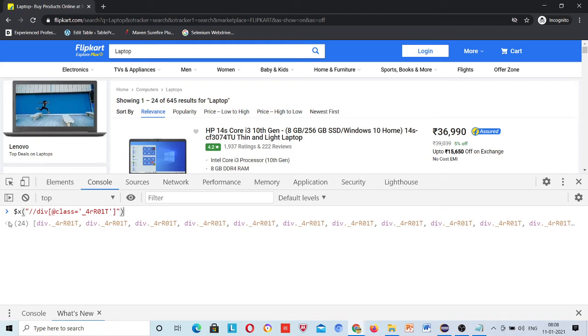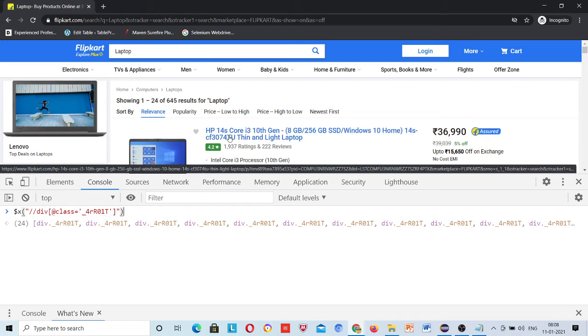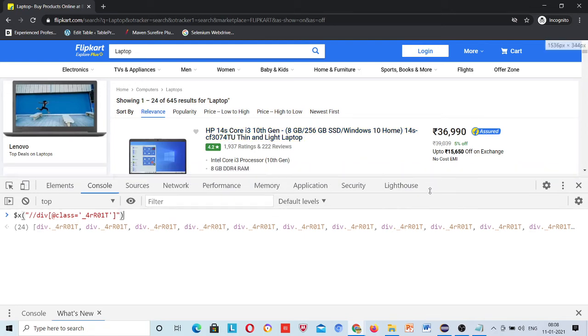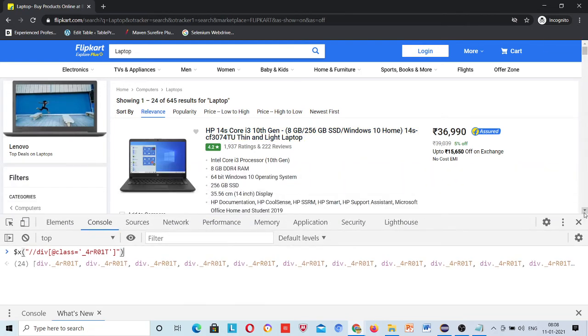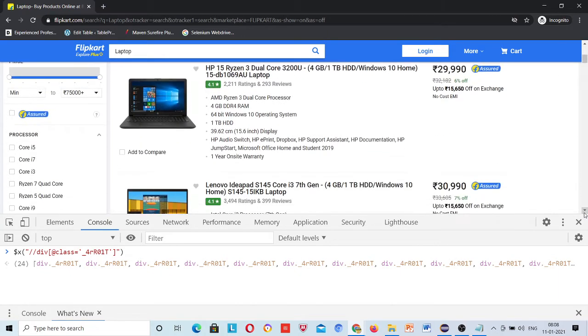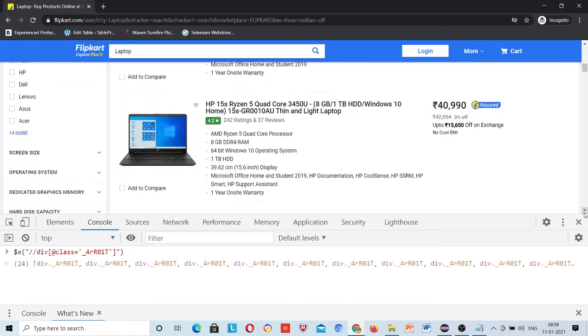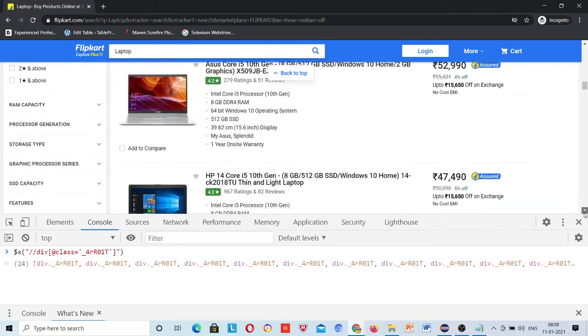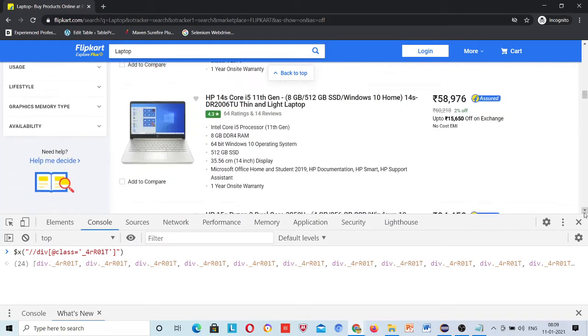So now this time I don't want to make this element unique. Why? Because I want to get all laptops which are present in this first page. I want to get all these laptops.